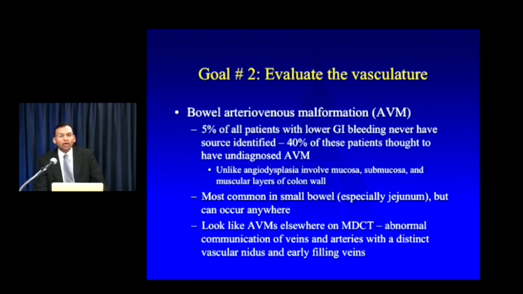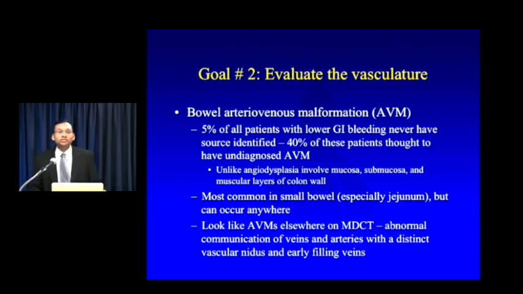Now, these again are fundamentally a vascular anomaly, but unlike angiodysplasia, which just involves the submucosal layer, AVMs involve all 3 layers of the bowel wall: the mucosa, the submucosa, and the muscular layer. Now, AVMs can be found anywhere, classically in the small bowel, especially in the left upper quadrant jejunum, but can occur in any location. And honestly, even though the textbooks will tell you it's a small bowel,